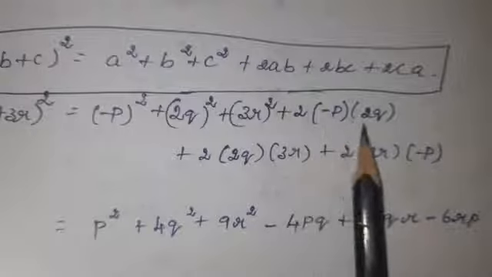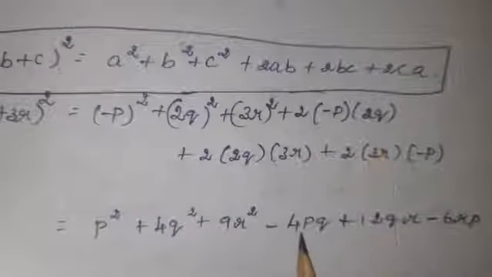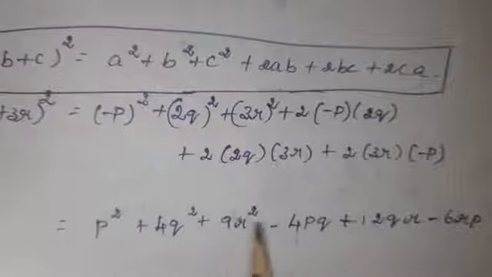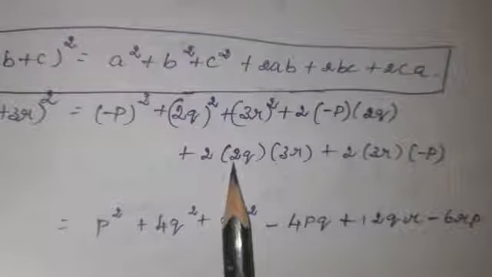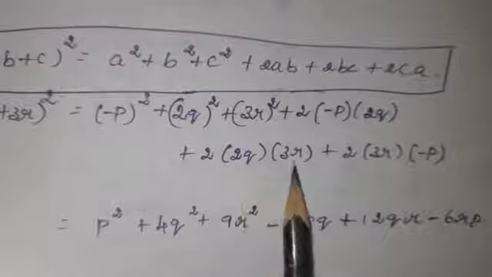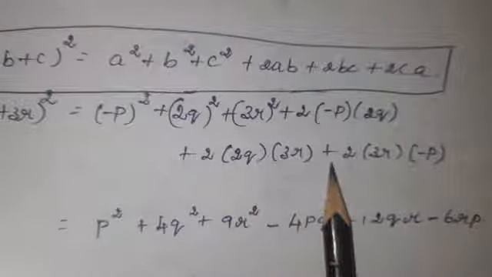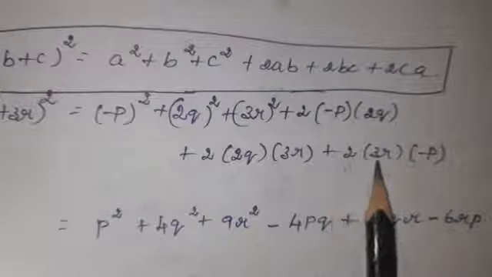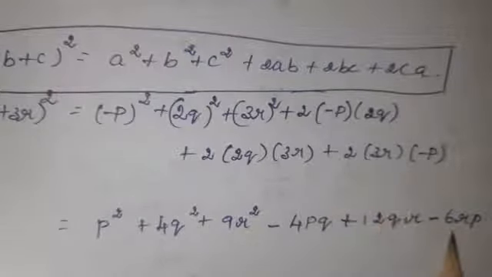First multiply the numbers, then you multiply the variables. So −4pq, then plus: multiply the numbers, 2 into 2 is 4, 4 threes are 12. Then you multiply the variables: q into r is qr. Here plus and minus is there, so multiply plus into minus is minus. 2 threes are 6, rp.